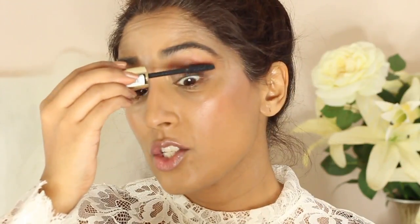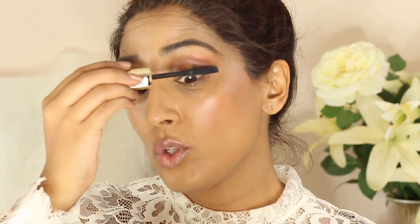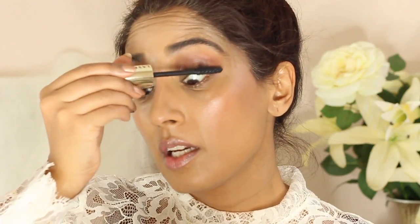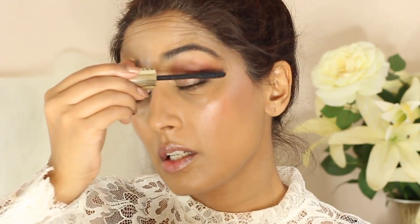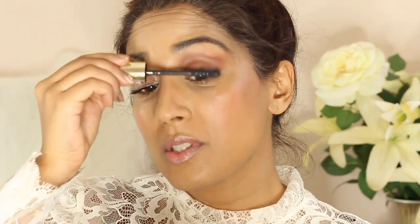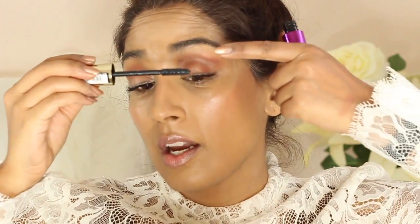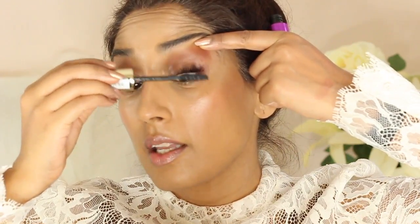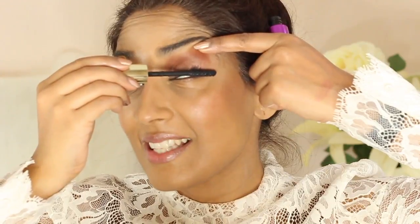I find it's easier to apply your mascara if you look right down into a mirror. So I've got a mirror here that's basically at chin level, and I'm looking down into the mirror. If you find, like me, that you sometimes get mascara on your upper eyelid while you're applying mascara, it's easier to just hold your eyelid up like that a little bit, and that way you're less likely to smudge it